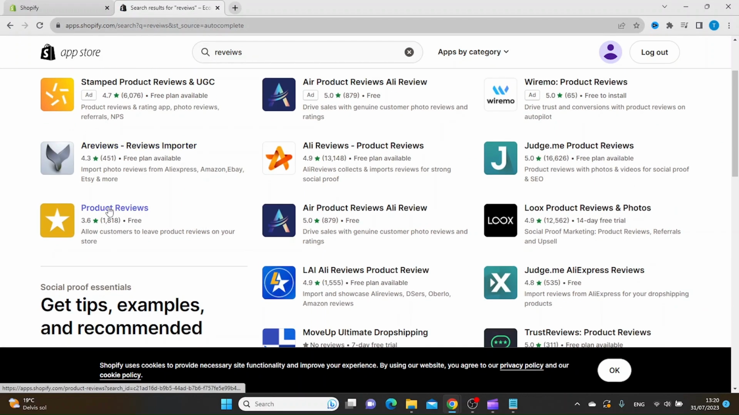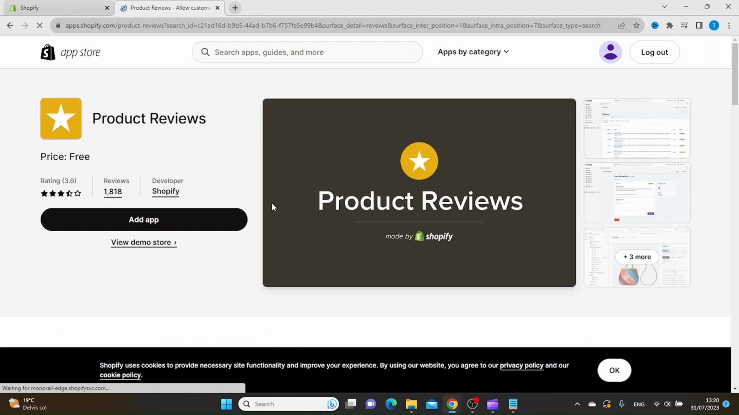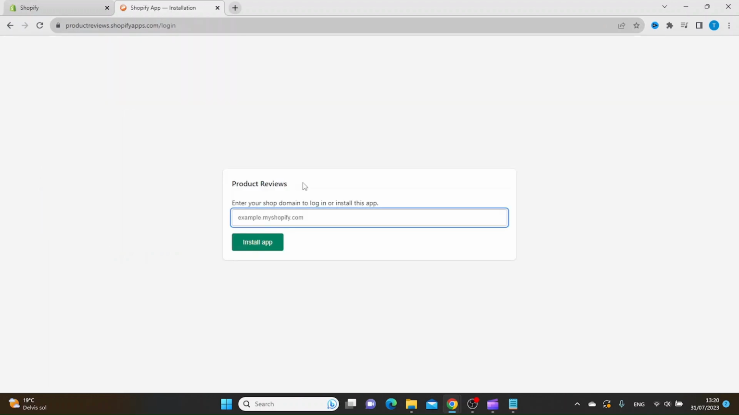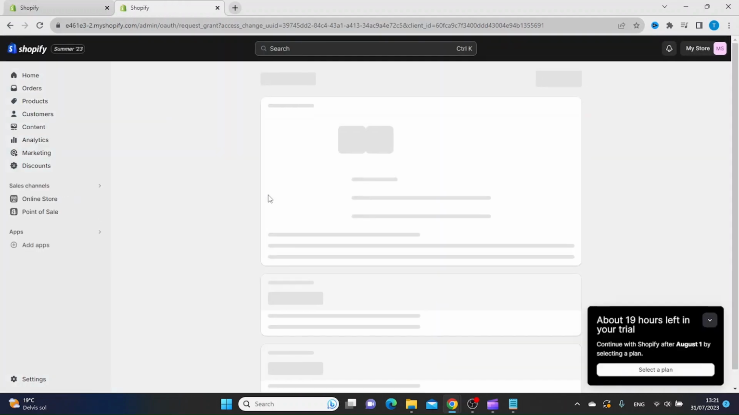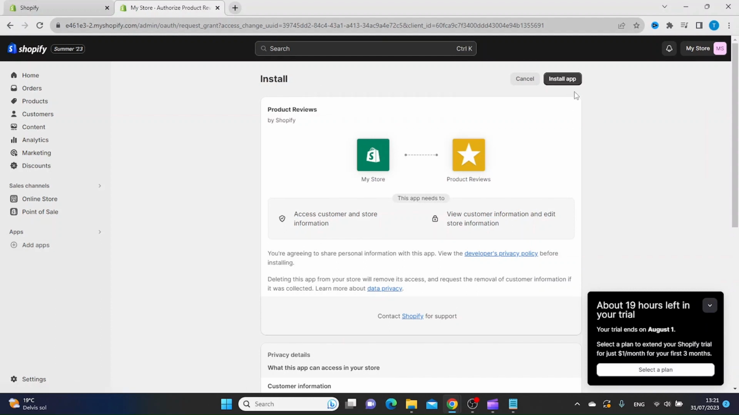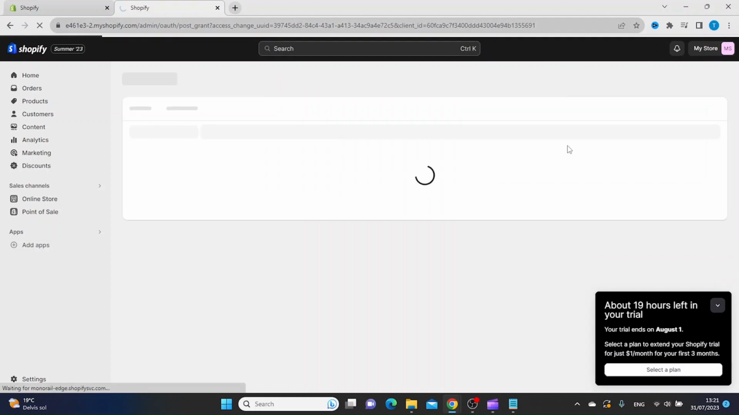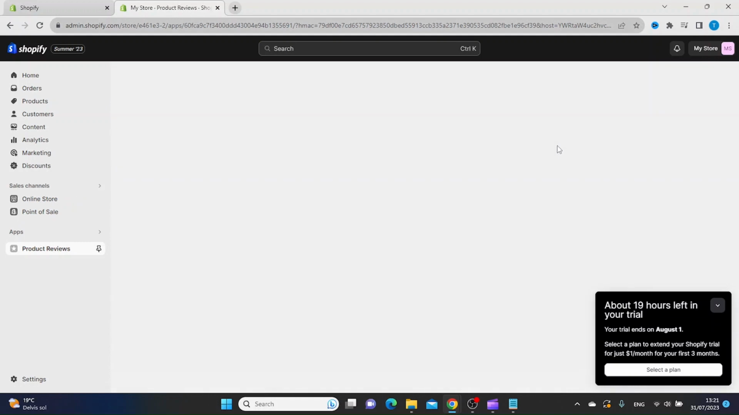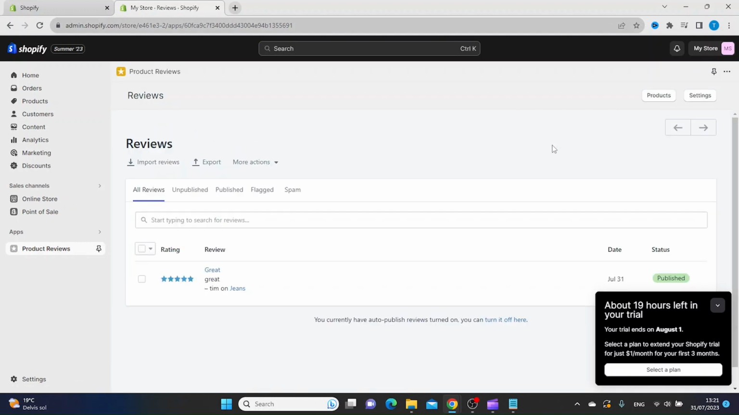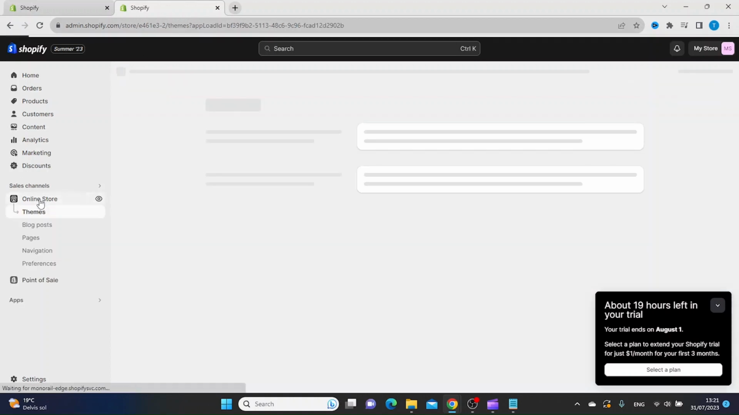And let's install this product reviews app here. And then click add app. And then you want to click install app. And once the app is installed, you go to your online store